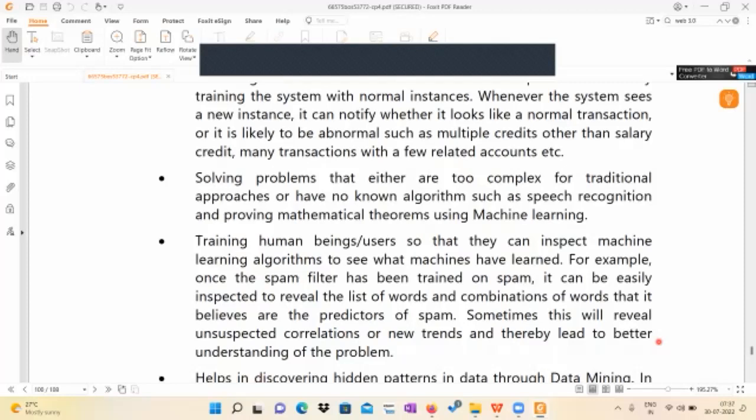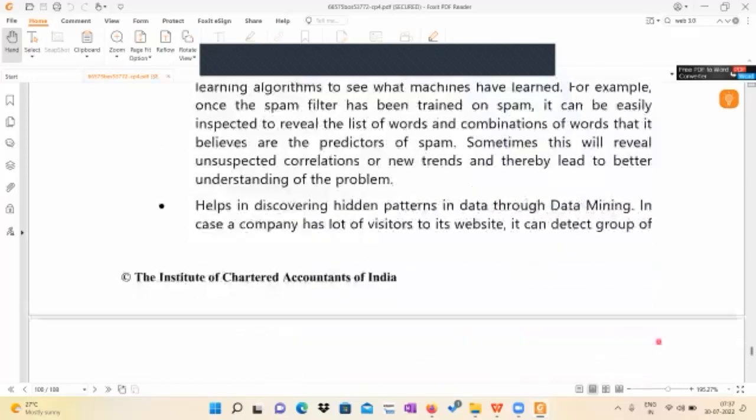So what a human user can do is incorporate some more words if necessitated as per the report obtained, and accordingly he can update the spam filter so that it becomes a much more updated, much more advanced spam filter, which may add value to the program.